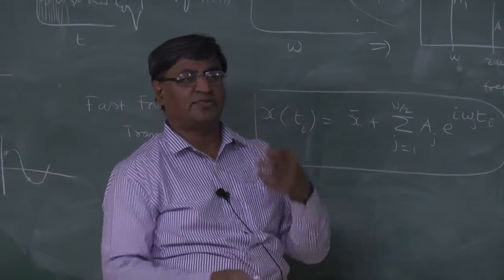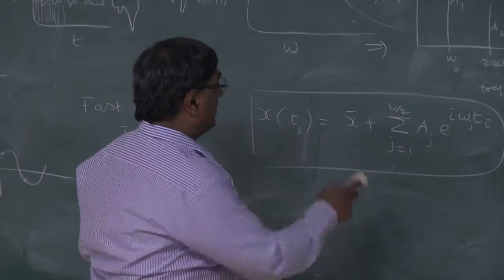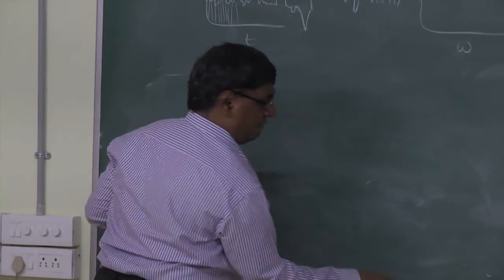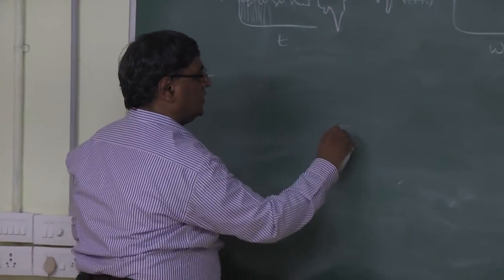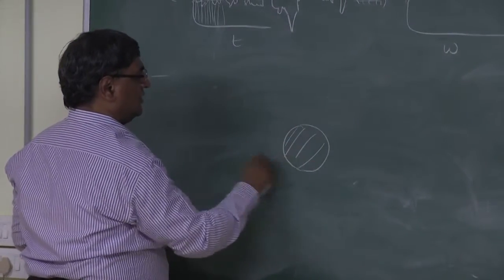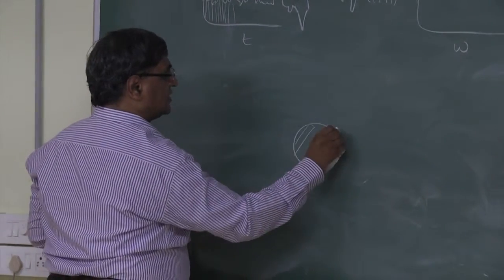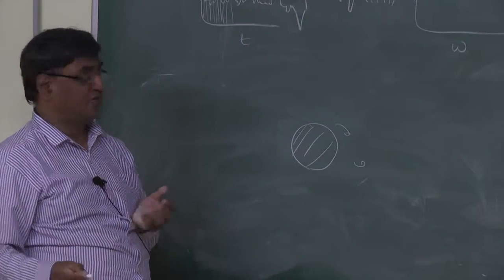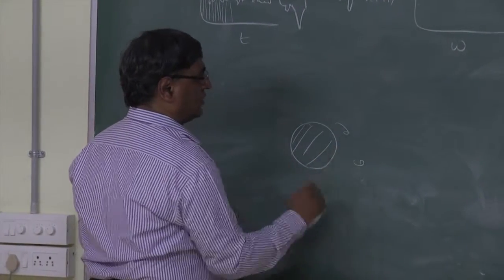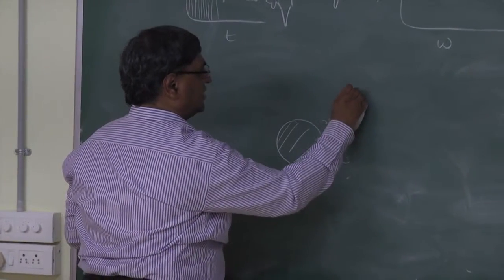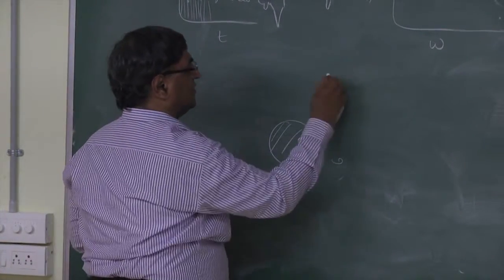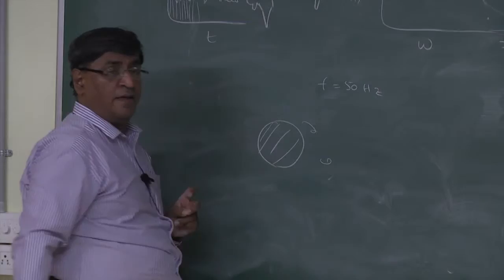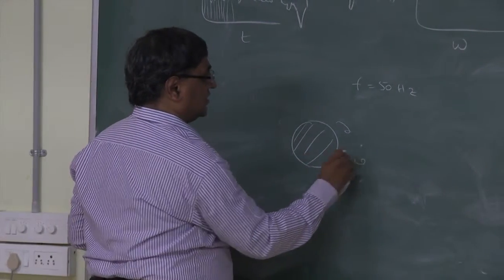Once you get that, how do we apply this? A lot of physics can be understood. Why are we going for such a thing? Finally, what is it that we are trying to gain? That also one should look at. Let me give you a simple example. Let's say flow over a cylinder, and suppose this cylinder at low Reynolds number is shedding eddies at a fixed frequency. If I put a hot wire here, it may show a particular frequency, let's say 50 hertz. That may be the fundamental one, somewhere very close to the cylinder.